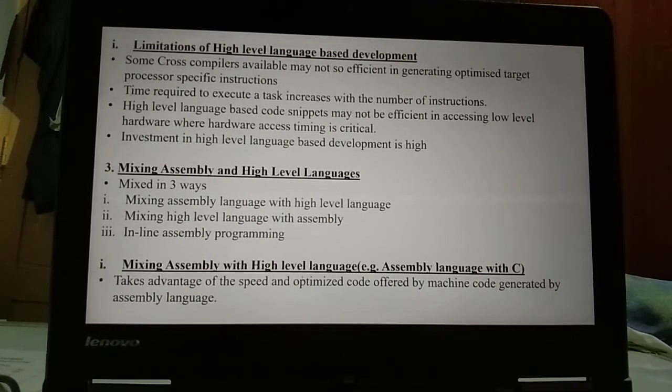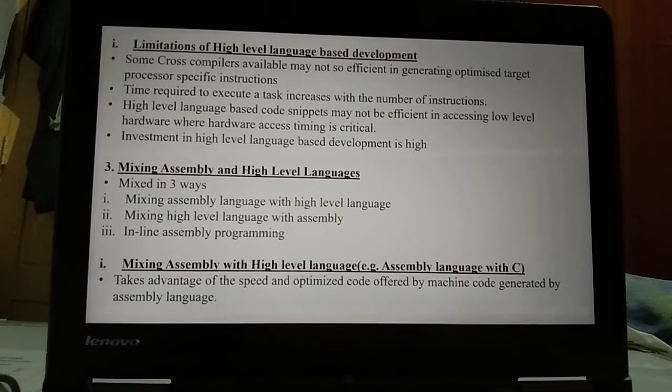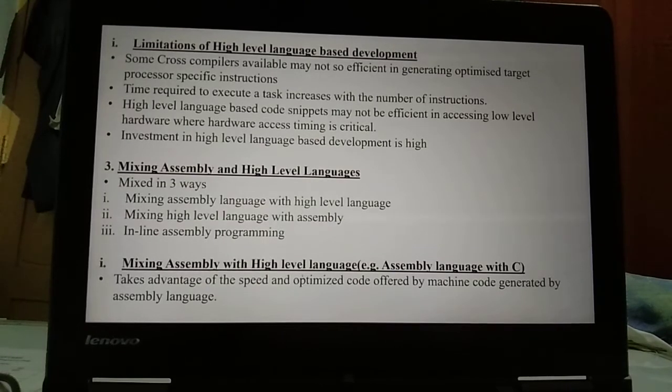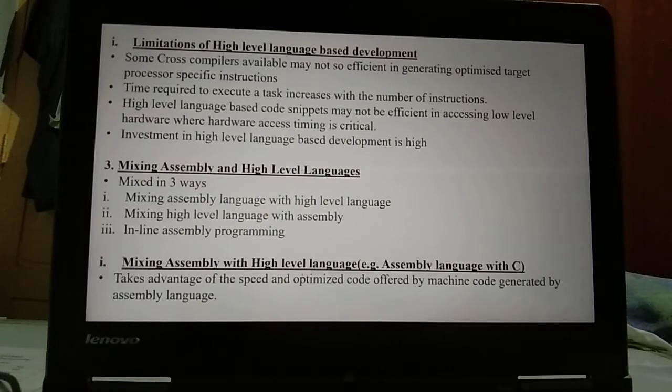Here, low-level hardware access means directly accessing the hardware device from the programming language. Investment in high-level language-based development is high compared to the investment for the low-level language-based development.